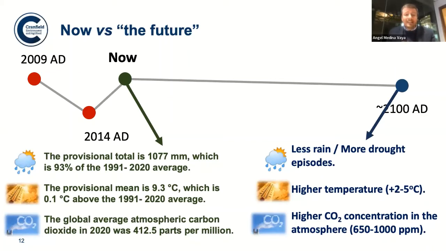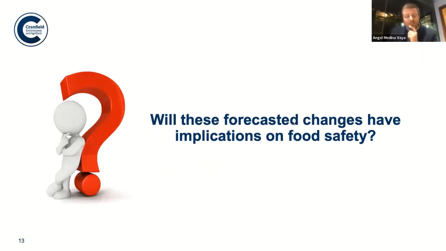And the amount of CO2 in the atmosphere, around 275 before, is expected in 2100 to be between 650 and 1000 or even higher. So now the question is, if we look at those conditions in the year 2100, will they have implications